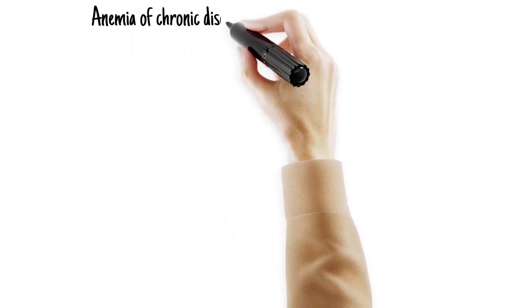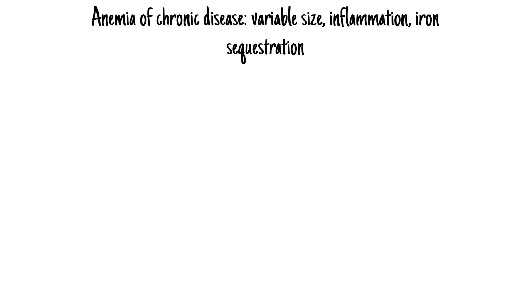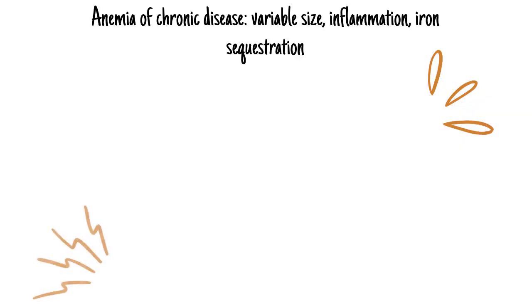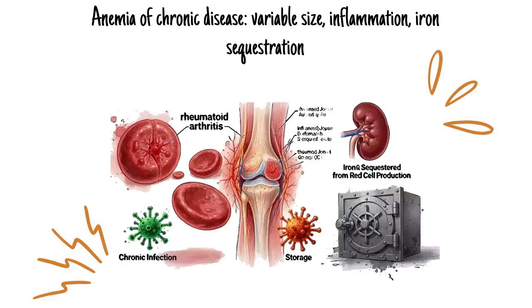Anemia of chronic disease: morphologically variable across all 3 size categories, low serum iron with low or normal iron binding capacity unlike iron deficiency, mechanistically driven by inflammation-mediated iron sequestration and marrow suppression, seen in rheumatoid arthritis, renal disease, and